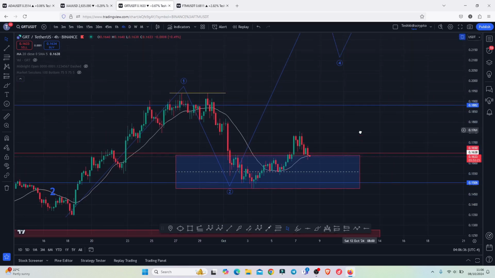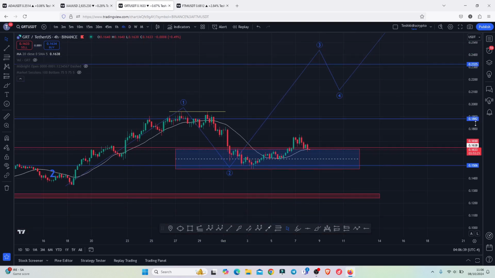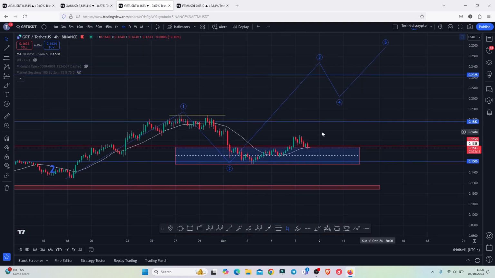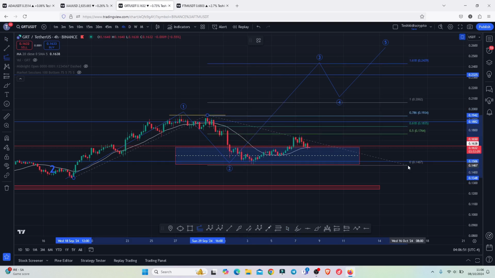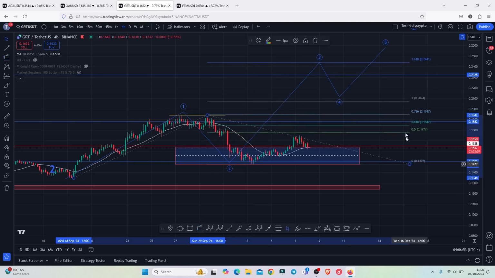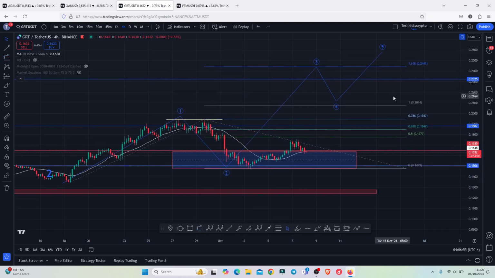could be the start of an impulsive Elliott wave count 3, whose minimum target areas can be given by connecting the Fibonacci's from the low of the first wave to the high of this Elliott wave count 1, then dragging the fibs to the low of the second wave, giving me a minimum target area at the fib level 1.618, and that is above the 0.2441, which is an area that we can easily maximize the moment we see an aggressive bounce to the upside,